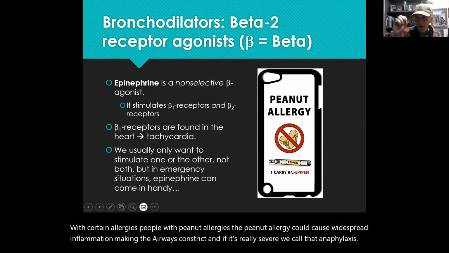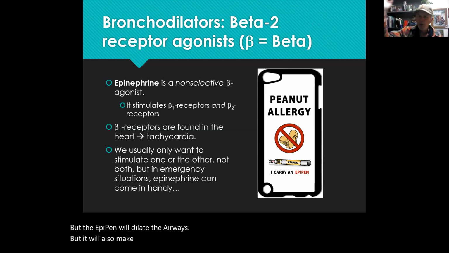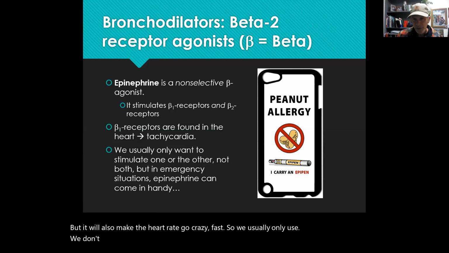But the EpiPen will dilate the airways, but it will also make the heart rate go crazy fast. So we don't usually want to stimulate the heart and the airways,